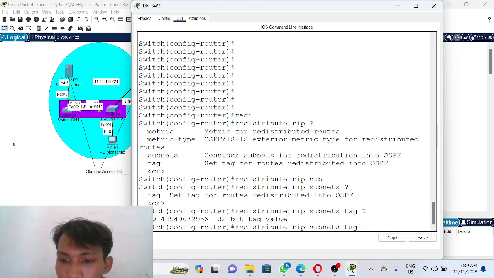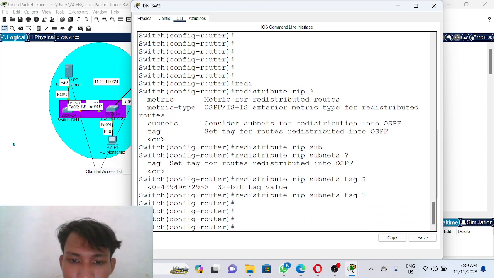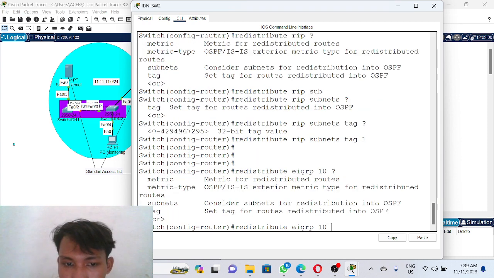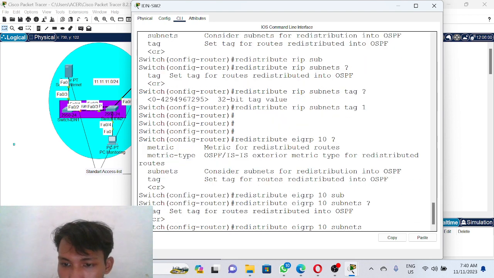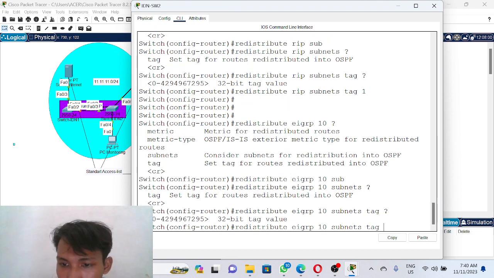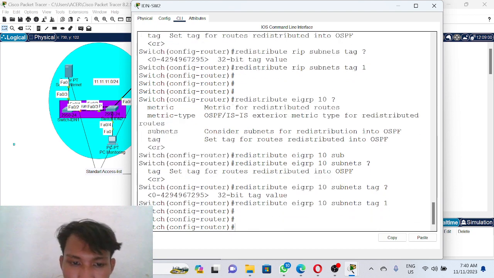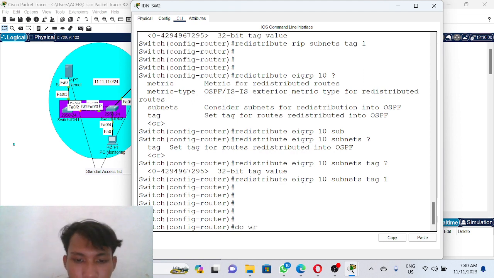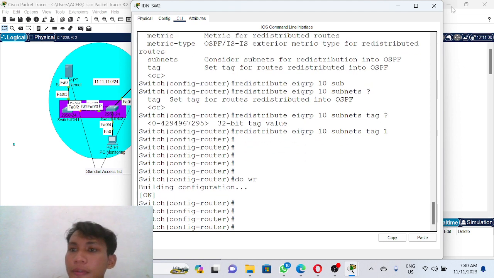We take the tag as one. Then we redistribute IGRP 10, question mark, subnet, question mark, and then the tag, question mark, tag 1. Do write. Okay.